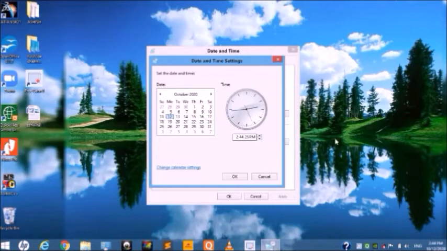So if you want to change the date and time, look at here, this is our calendar. We change the date here. So I choose 30 October 2020.